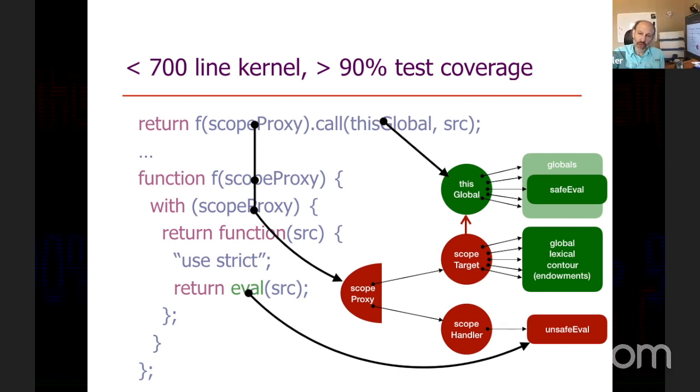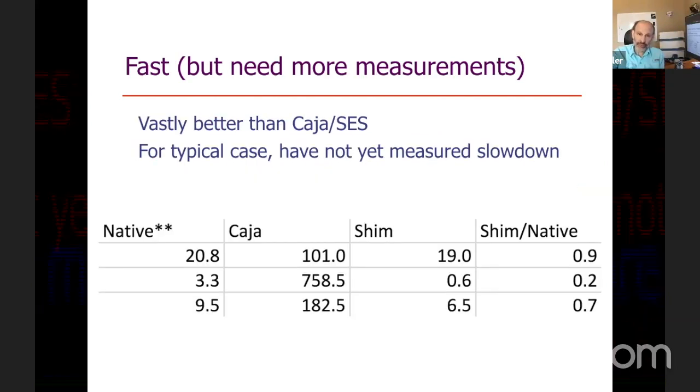And as I mentioned, Salesforce is already in the process of migrating a 5 million developer ecosystem on top of this mechanism. This mechanism is amazingly fast. We put a lot of engineering effort into the version of secure EcmaScript that we built Caja on. This is amazingly faster than the SES in Caja. We need to do more measurements, because right now, from our measurements, we have not been able to measure any slowdown for the typical case